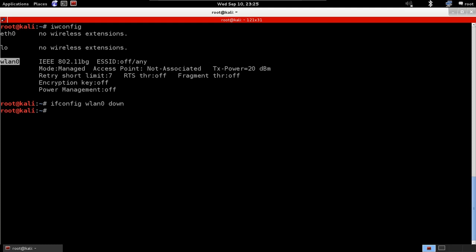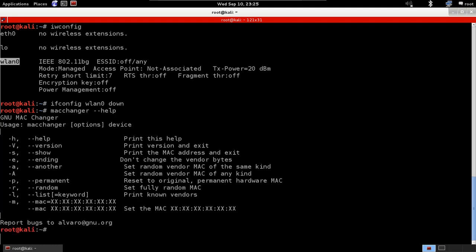Now we're going to change the MAC address. We're gonna use a tool called MAC Changer. So always with these tools, it's always a good idea to look at the help. So if you just go on macchanger --help, we'll see all the options that we can use with this tool. So you can use -V to show the version, and -s, show, to show your current MAC address,